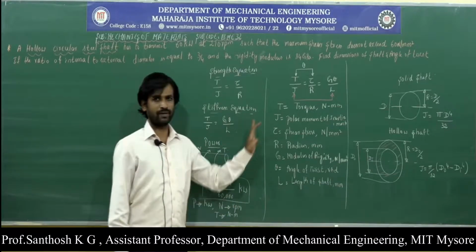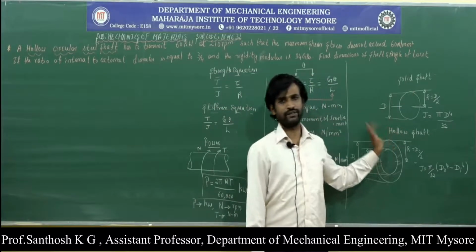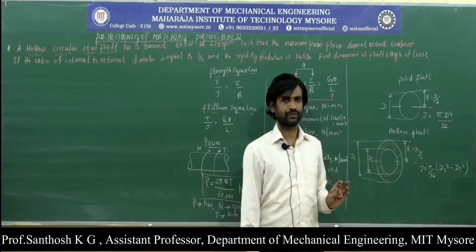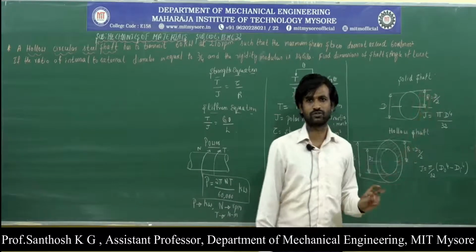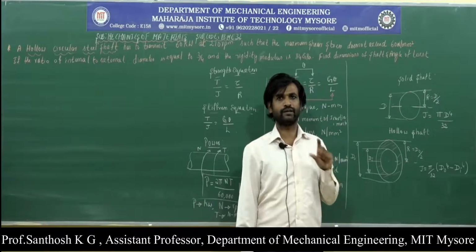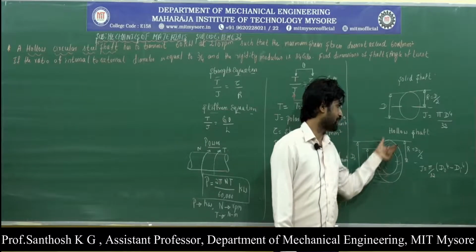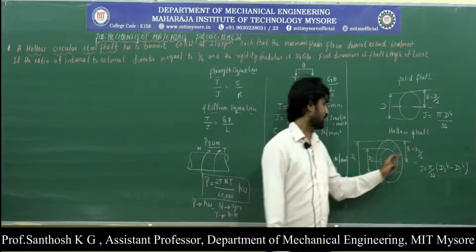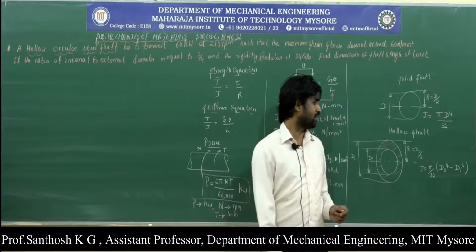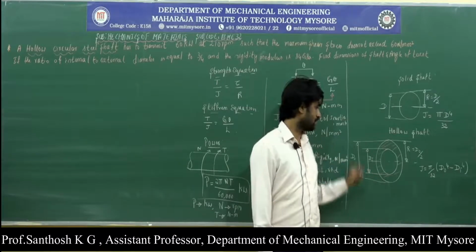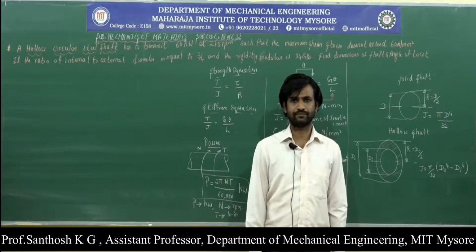You need to remember this equation, and also we should know the difference between the solid and the hollow shaft. For the solid shaft, the value of R will be equal to d divided by 2, where d represents the diameter of the shaft. Similarly, in case of a hollow shaft, the value of R can be calculated by using d naught by 2, where d naught represents the external diameter of the shaft.